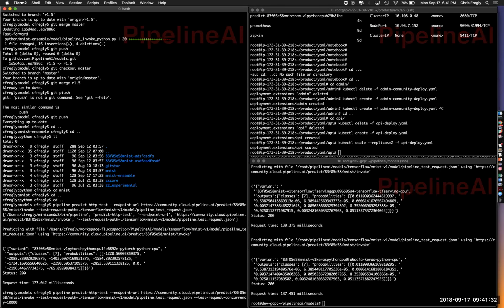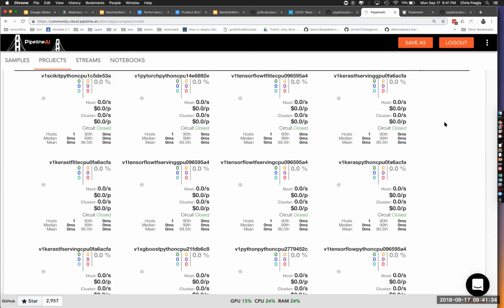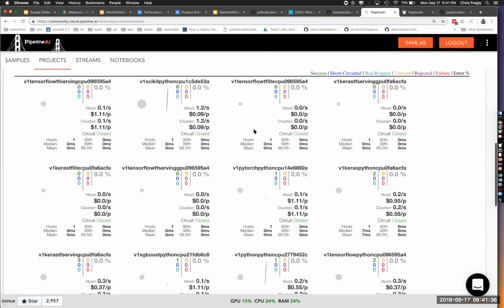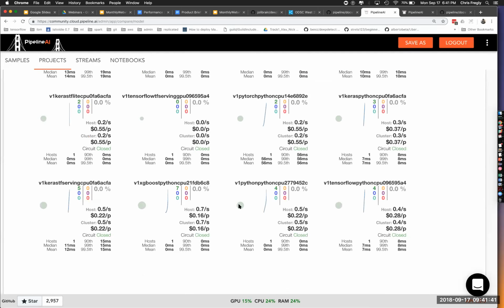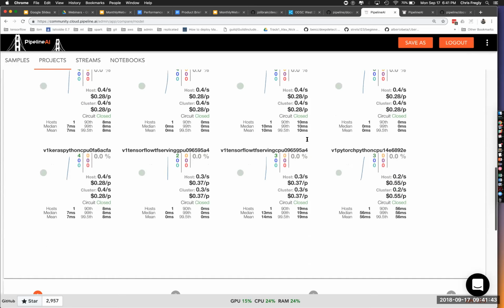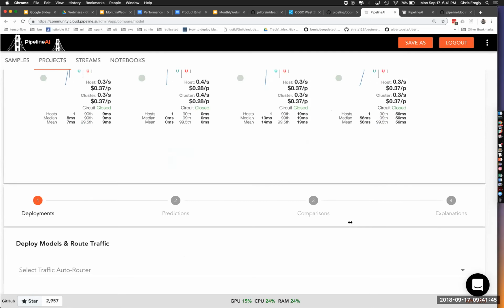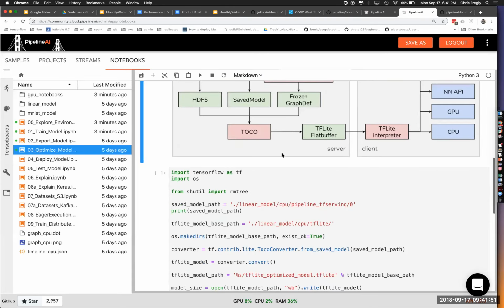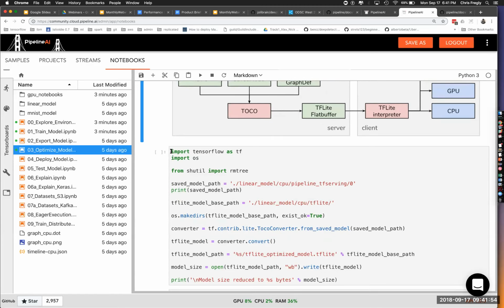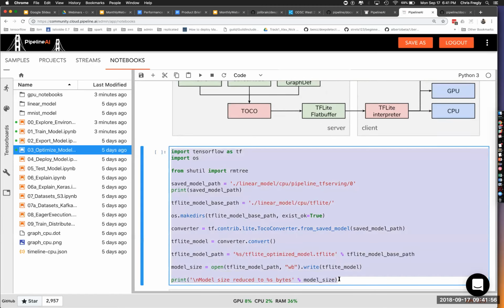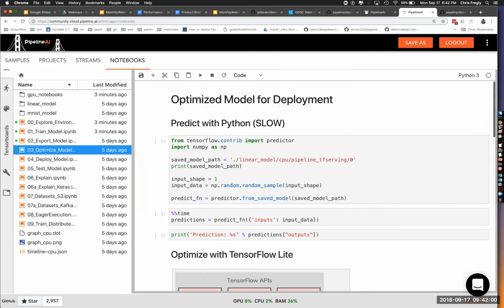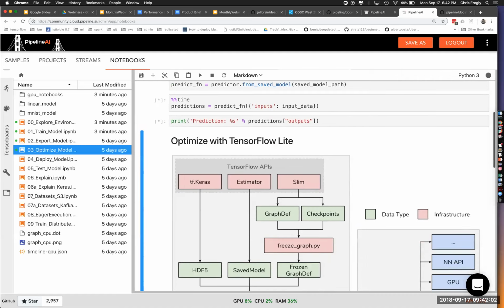Yes, the CLI and the base Docker images and everything, this is all open source stuff. If you go through the quick start, you'll see all this. And now we see all these models lighting up here. From there, you can drill in, do the auto routing, and compare those different things. Okay, so this is what we use during some of our workshops to show people the performance gains. Let me see if this is set up here to run.